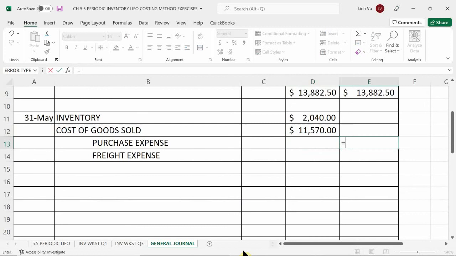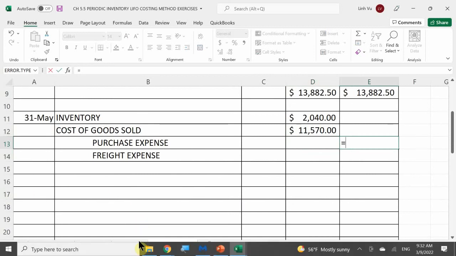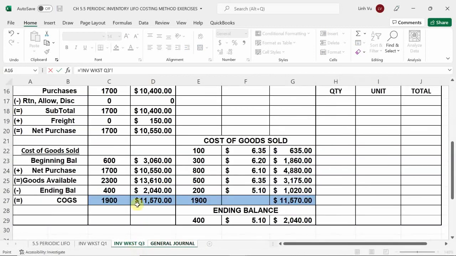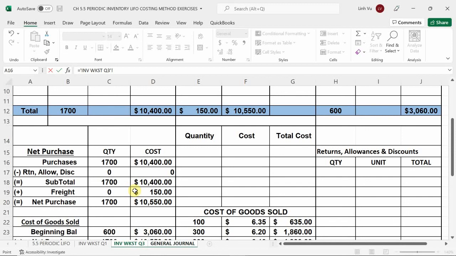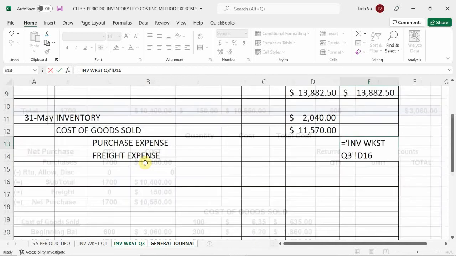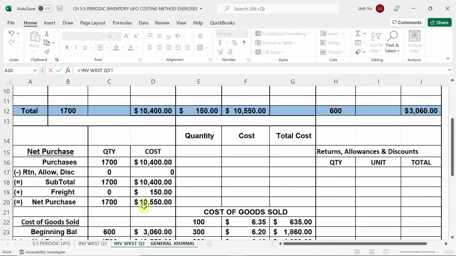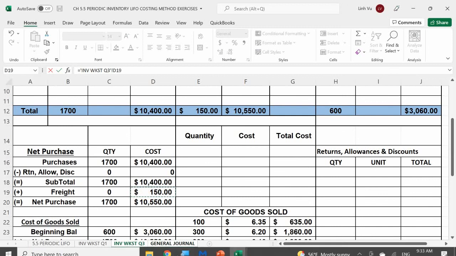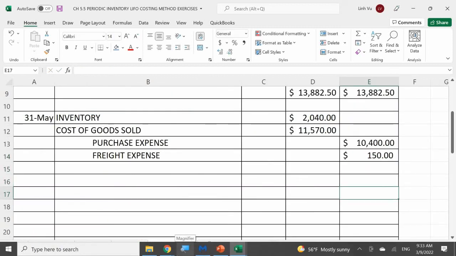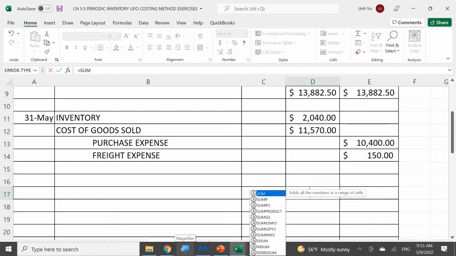What was my total original purchases, so my purchase expense? 10,400. What was my total freight? 150. So let's go ahead and do our